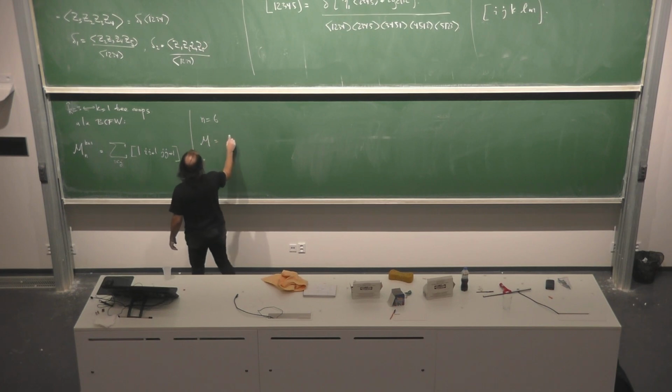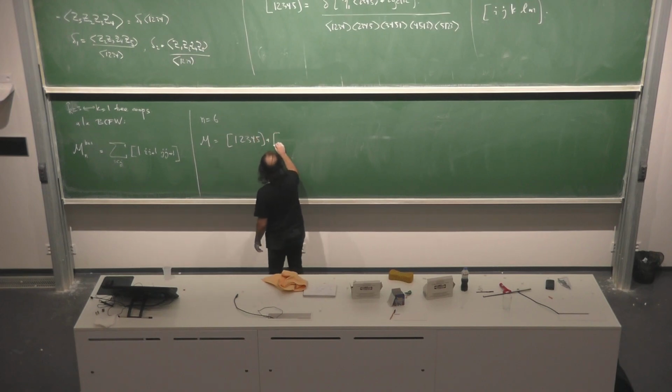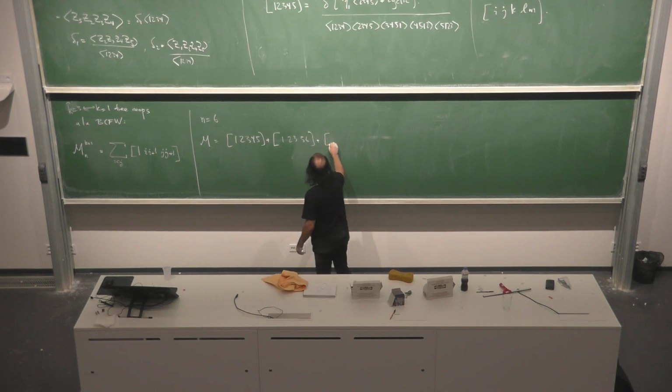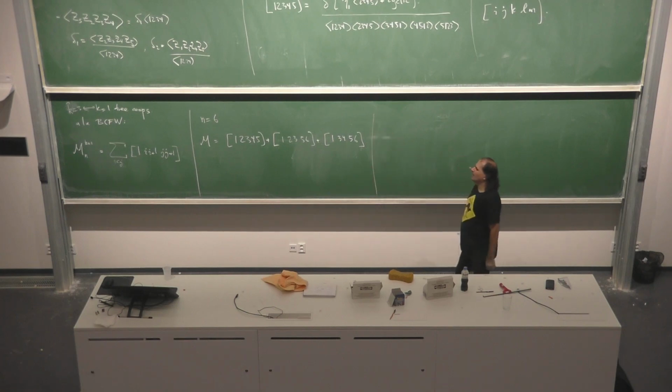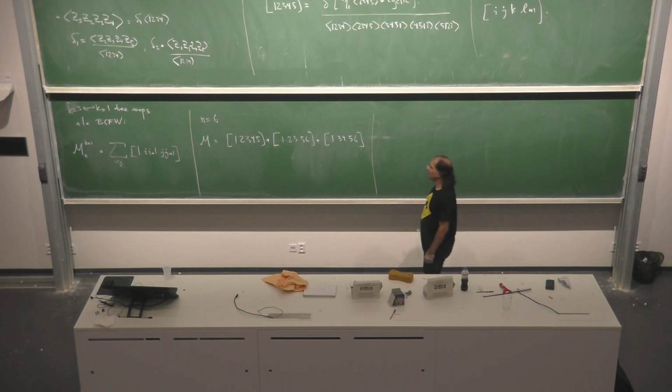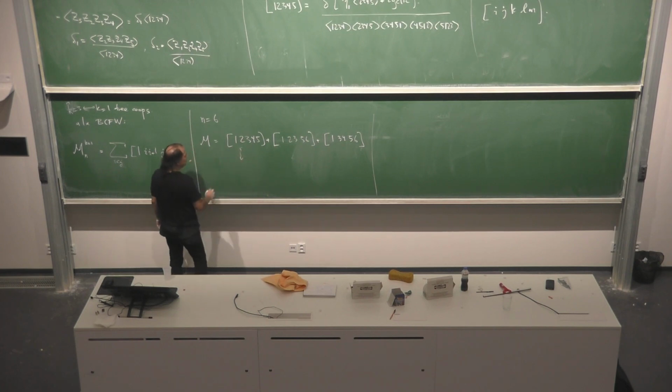The amplitude, just by these rules, is (1 2 3 4 5) plus (1 2 3 5 6) plus (1 3 4 5 6). So it's a sum of 3 terms. And let's just for a second look at the pole structure that these terms have. So I'm just writing down the poles, right? The poles that this has are